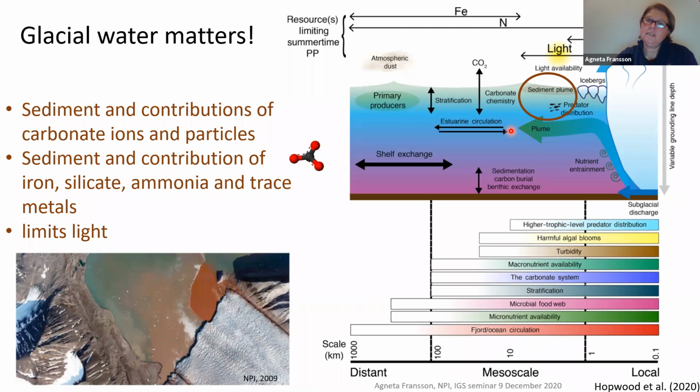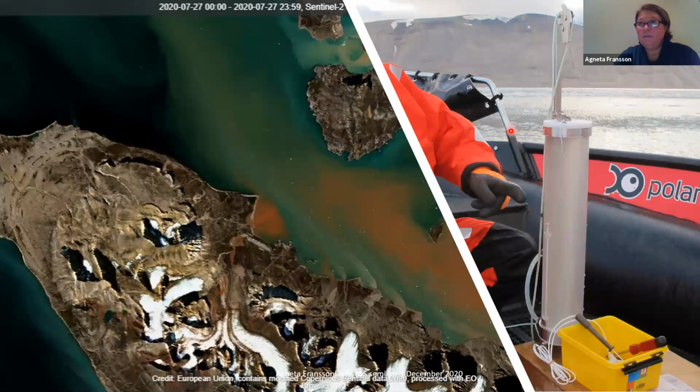But the sediment plumes, if there is a lot of sediment, also limit light, which has a negative effect on the primary production. So this plume is from Kongsfjorden, and Ny-Ålesund is right here. From the glacial front and out, the plume reaches far out in the fjord, and even outside the fjord onto the shelf and shelf slope. And we also have the sediments from this plume in our samples here.